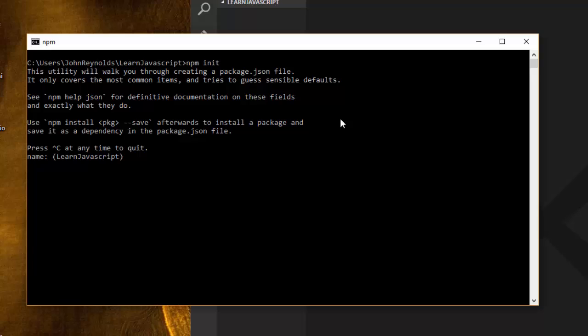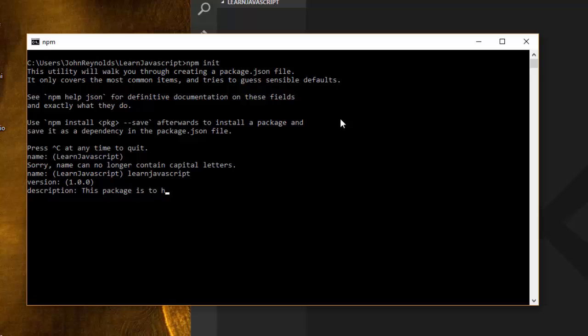So it's going to ask me a bunch of questions. So the name, by default, is going to be Learn JavaScript. That's fine. Oh, interesting. The name cannot contain capital letters, so that's fine. I'll just type in learn JavaScript, all lowercase, press return, version 1, description, this package is to help me learn JavaScript,